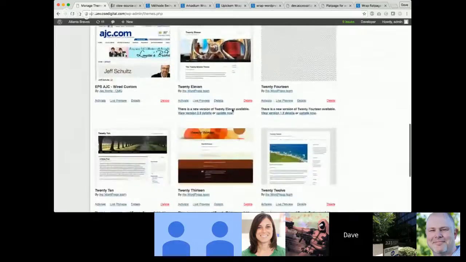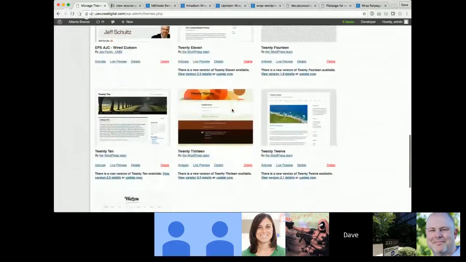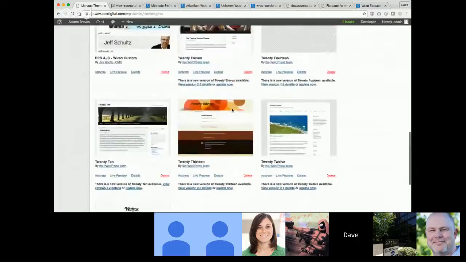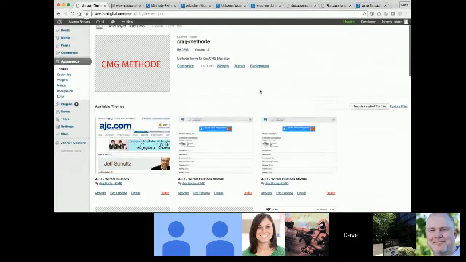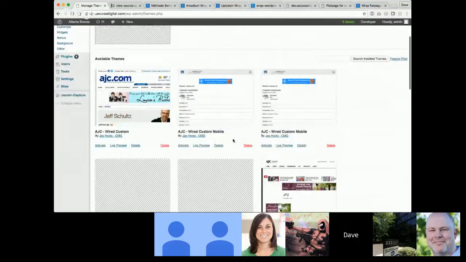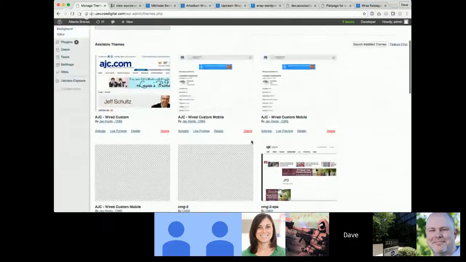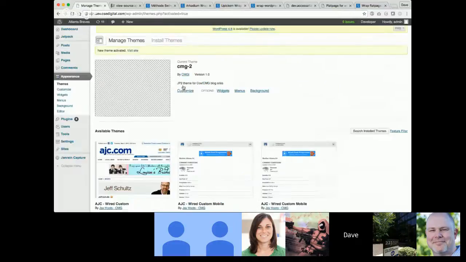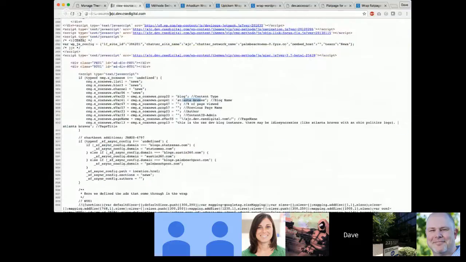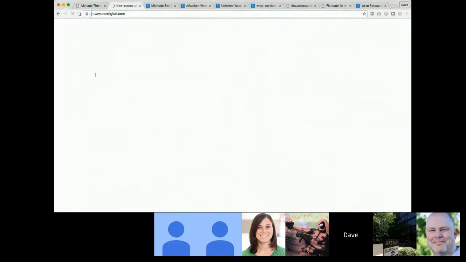So basically, any theme that has been added to and is made available to a blog will show up in this appearance menu. So when Sarah mentioned asking VIP to make the new theme available to all of the blogs, that means that it won't be the active one, but it will show up in this list of themes. So when we're ready to launch, we can come in here and activate it. So if I do, I just activated CMG2, which is the default JP2 theme. So if we reload this page,